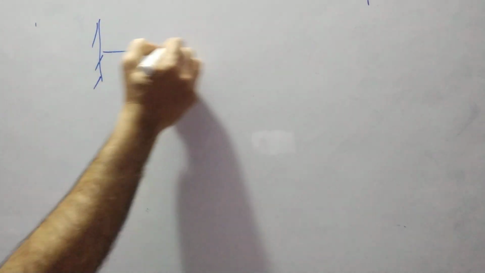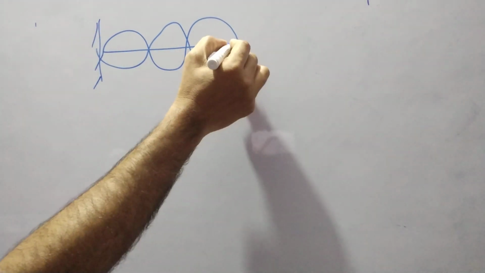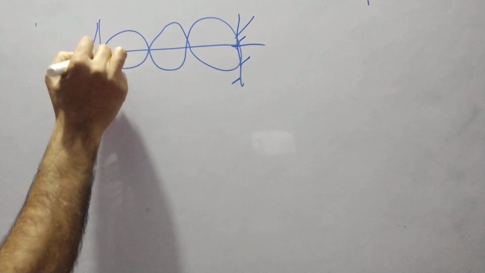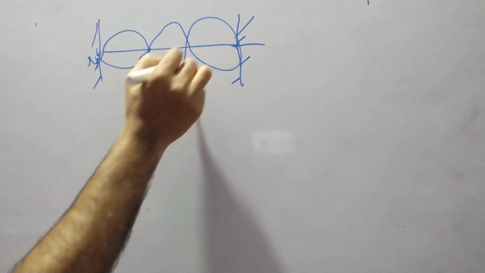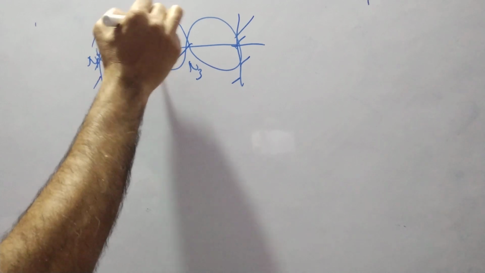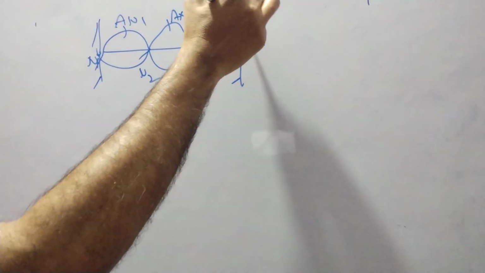Now, superimposing of these waves gives the stationary waves. Suppose your stationary wave is like this, right? This one was also already explained in the previous video. These are known as nodes here, N1, N2, N3, and these are antinodes AN1, AN2, AN3. So right, this is for the fixed end.